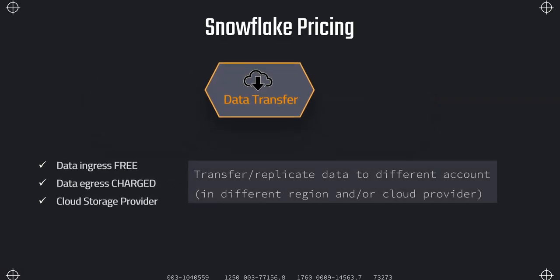So when does this occur? This occurs when we want to transfer data or replicate data to another account that is not in the same region or that is not the same cloud provider. So if it's in the same region and the same cloud provider, then this would also still be free. So this is what we need to know about compute cost, storage cost,